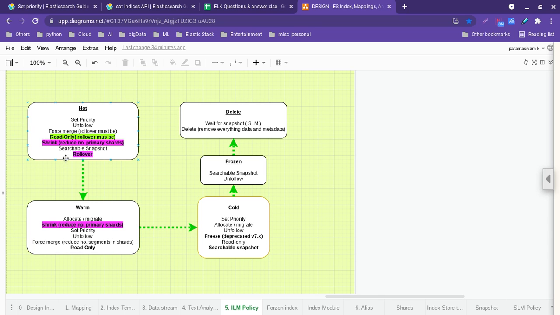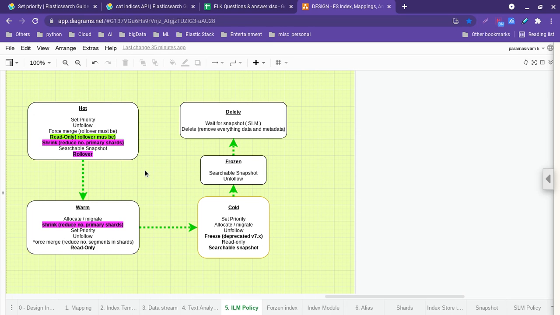Okay, so what is the purpose of set priority now? We can set the priority on the index. Let's say we can specify 0 to 100, or something like that. So we can specify the priority level. I think 0 to 100 is enough. By default the value is 1. So what is the use of this?